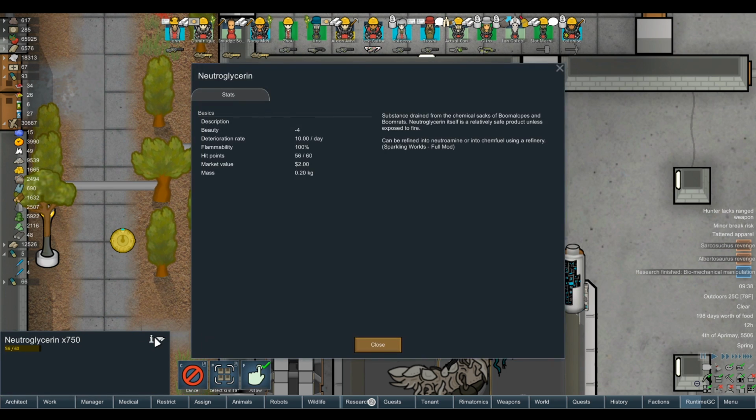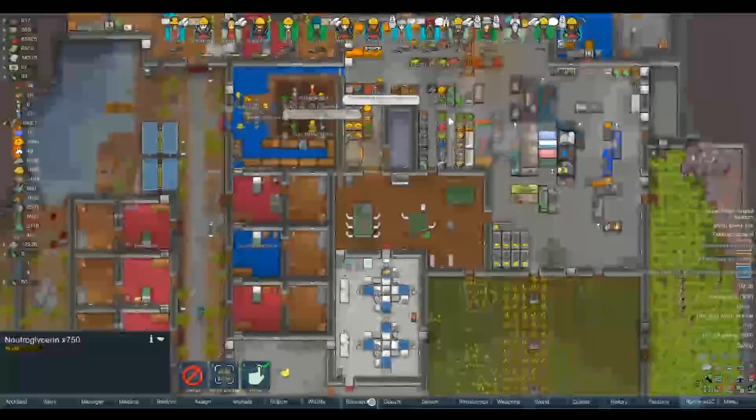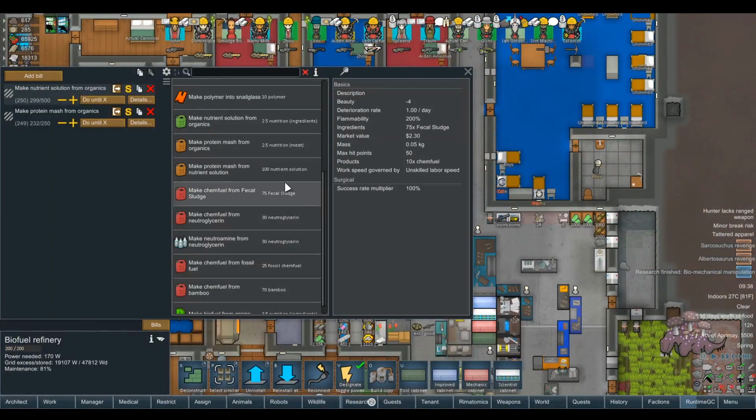Like, I don't think I've seen a single build. What can we do with it? Can we refine it to neutramine or into chem fuel? Hang on, can we refine it to neutramine? Have we seriously had this since...